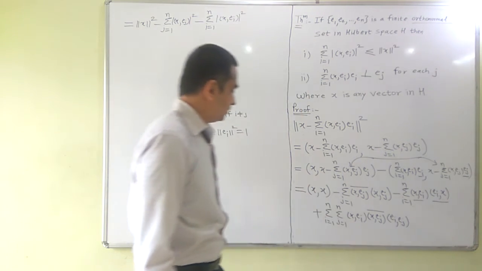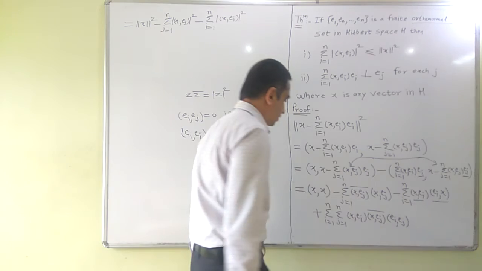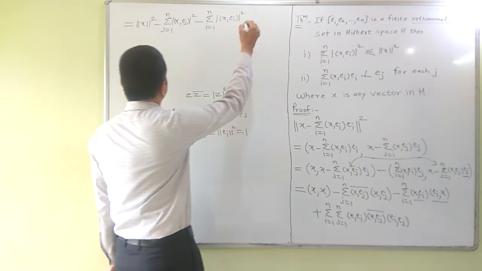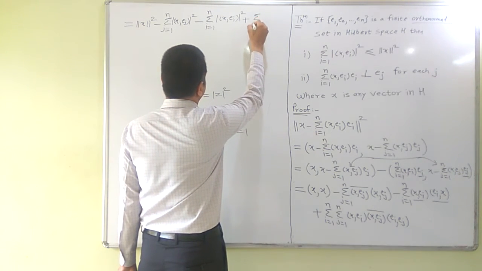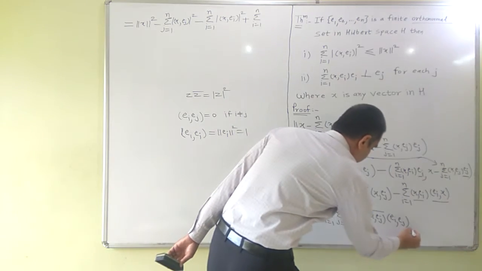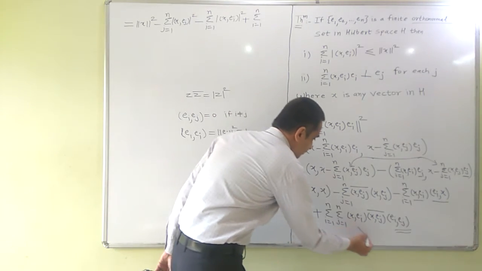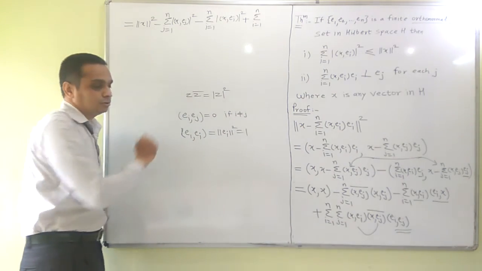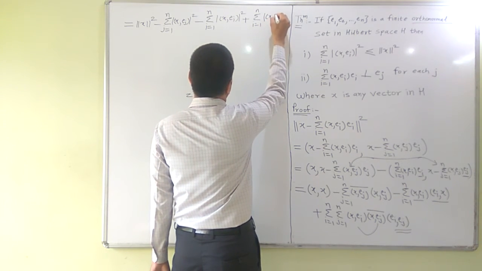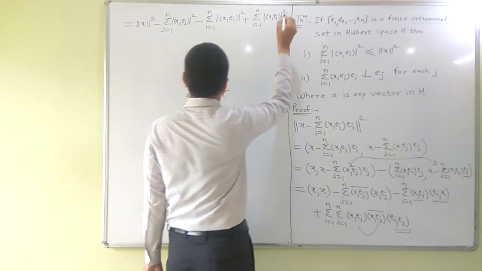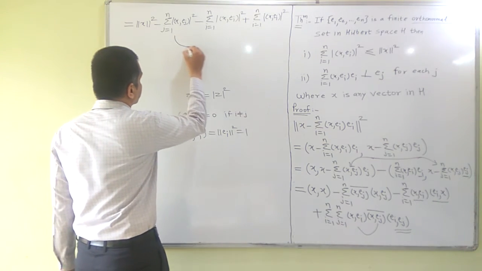So with this fact, we can easily observe that all terms will be 0 except when j is equal to i. So this will get simplified to plus the sum from i equals 1 to n. This is equal to 1 when j is equal to i, as I have explained. And these are conjugates of each other. So by using the fact that z times z conjugate equals mod z squared, this will be simply mod of x, e_i squared. Okay. So all these three terms are equal.